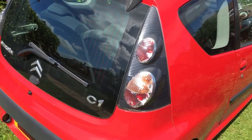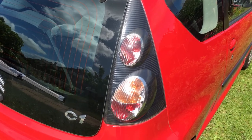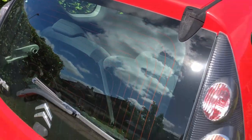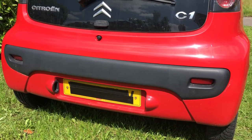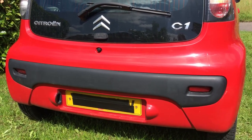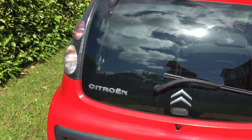This car does have the usual leaks. It does tend to leak from these rear windows and the centre light. Happens all the time. I will take care of that. Again though, bit of a poverty spec. It's just got the bare legal minimum that is absolutely required to get a car on the road, and that's your lot. So moving around to the other side then,